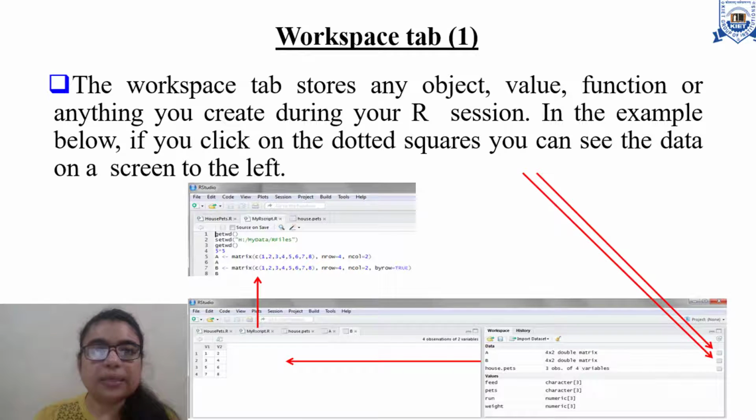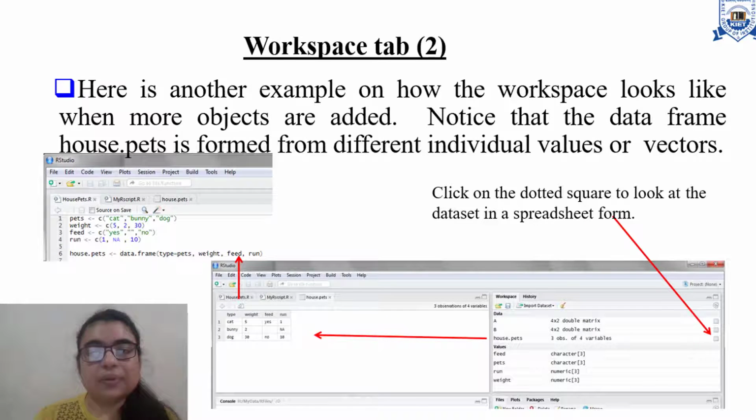On the down left side, you can see the matrix P. To see the matrix A, you have to click on the respective tab. Now here is another example of how the workspace looks when more objects are added. Here you need to observe and notice that the data frame house.pets is formed from different individual values or vectors.